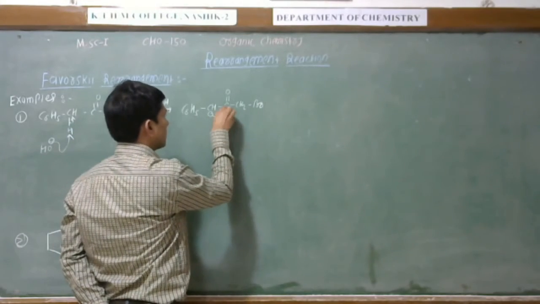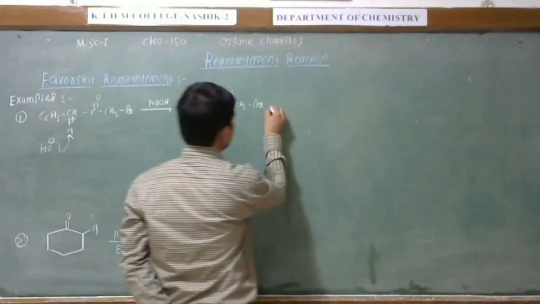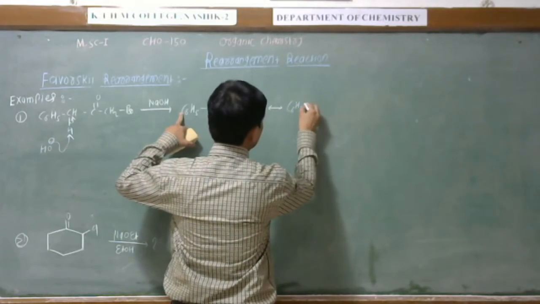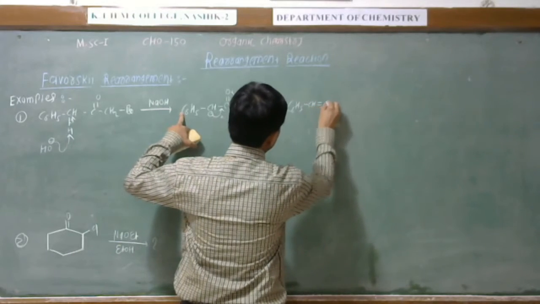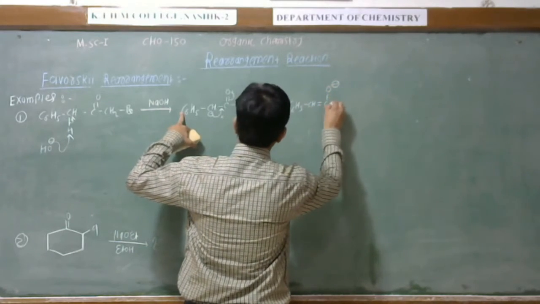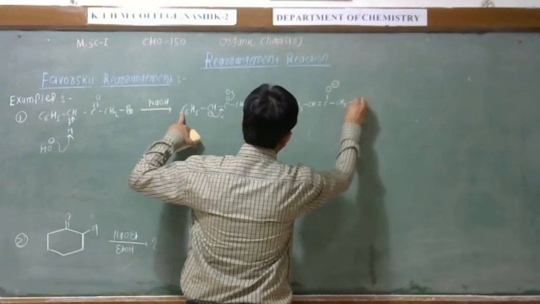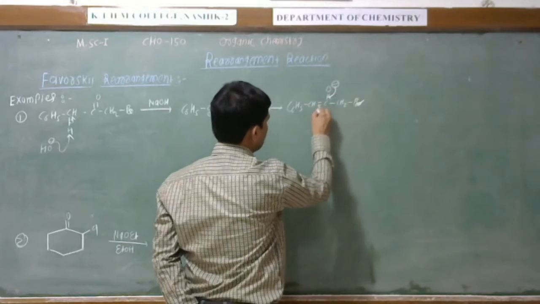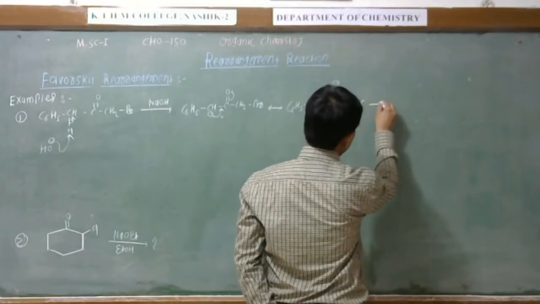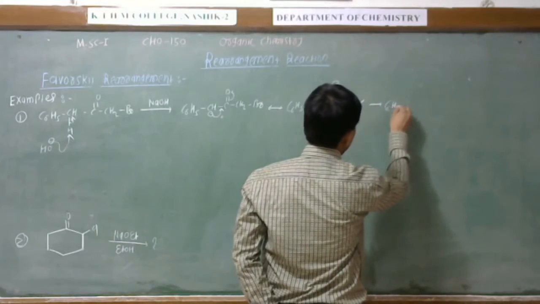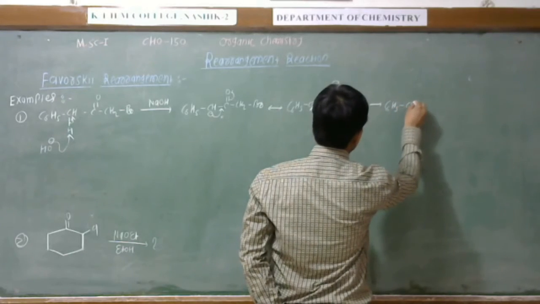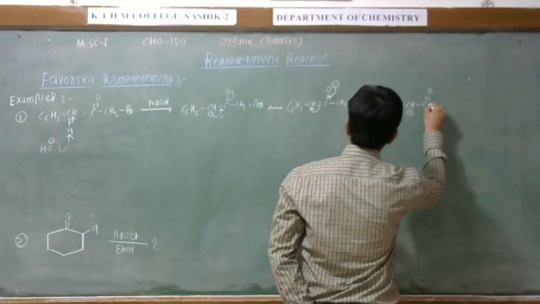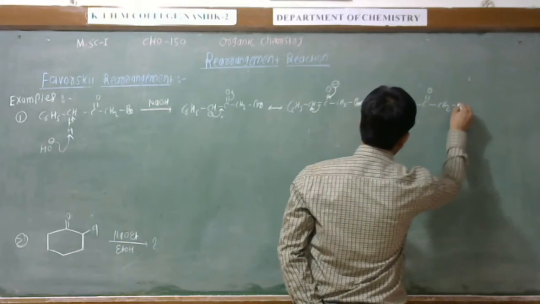Now this carbanion makes the enolate ion, and this enolate ion is stable here. This is C6H5, this is CH double bond C, here is the O minus, this is CH2, and this is the Br. Now this negative charge makes a double bond, and again there is formation of a carbanion, and we get C6H5, CH double bond, and C double bond O, CH2Br.